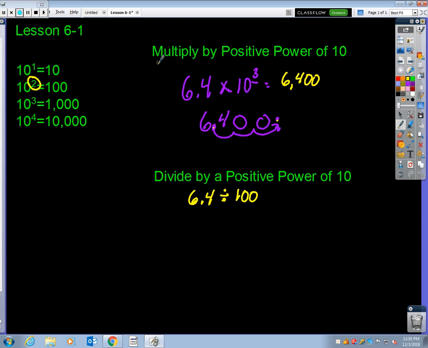Well, in multiplication, we move the decimal to the right. What do you think we're going to do in division if division is just the opposite? We are going to do just the opposite. We're going to take that decimal and move it 2 places to the left this time. So I go around the 6, and I put my decimal, and I have to annex a 0 here. So 6 and 4/10 divided by 100 is